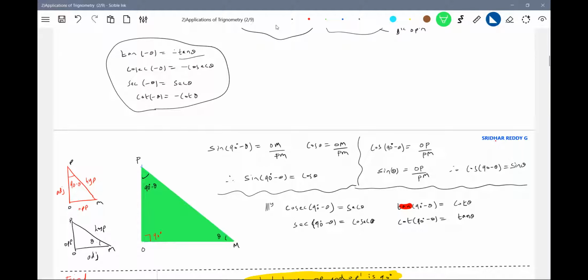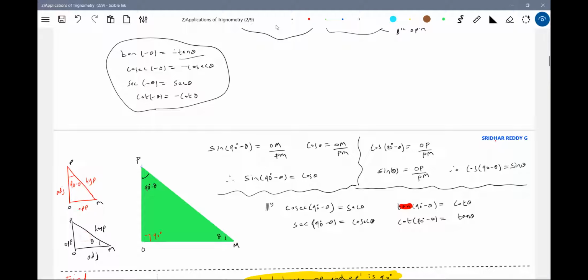Yeah, then in this triangle, what we define is, let this angle be theta. Then there's a right angle triangle, so this will be 90 degrees. Then the other angle should be 90 minus theta, because the sum of all three angles in the triangle should be 180 degrees. For 90 minus theta, this will become adjacent and this will become opposite. For angle theta, this will become opposite side and this will become adjacent side. I think this is a very fundamental difference which you have to notice here.